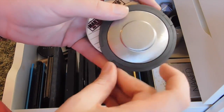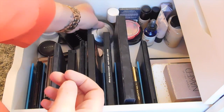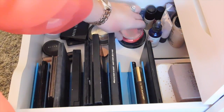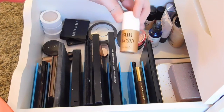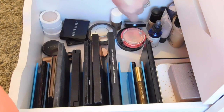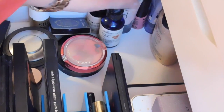Then I have another Becca highlighter, and this is the Champagne Pop with Jaclyn Hill. I have the Balm Mary Luminizer. Both really good highlighters. Then I have some other miscellaneous stuff. I have some Physicians Formula blush. I have some Sephora brand bronzer. I have Benefit Sunbeam. I don't really use this. I don't really like liquid highlighters. I have Too Faced Chocolate Soleil matte bronzer. I have some Sephora luminizing drops. I have the NARS Copacabana, and then I have some Benefit